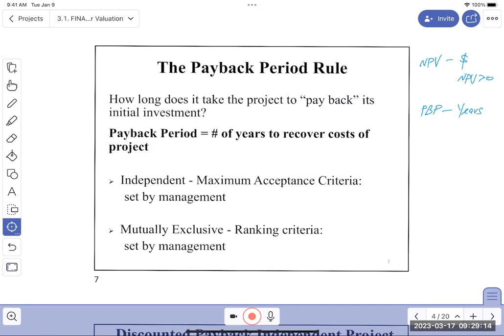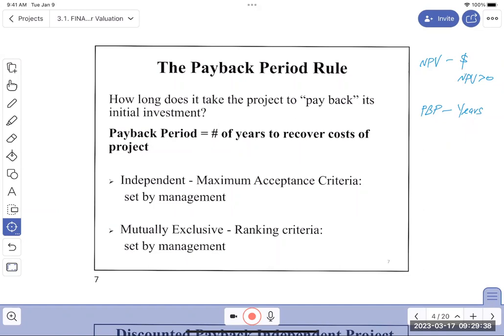The other way is where you have to choose. You do not have enough capital to afford several projects or 2 projects. You have to pick one. And in that case, with the NPV rule, you're going to pick the one with the greatest NPV, right? Because that is likely to give you the highest profits. Now,